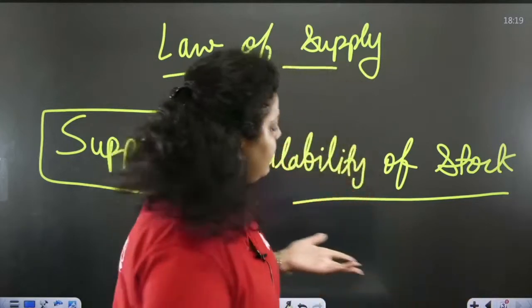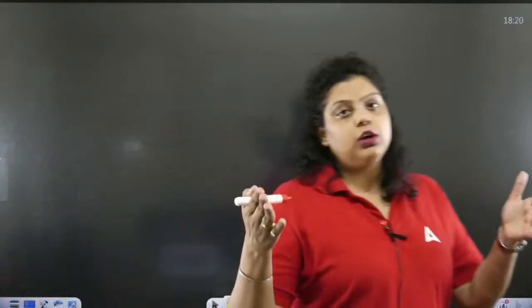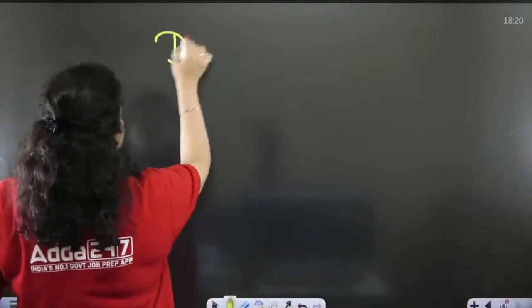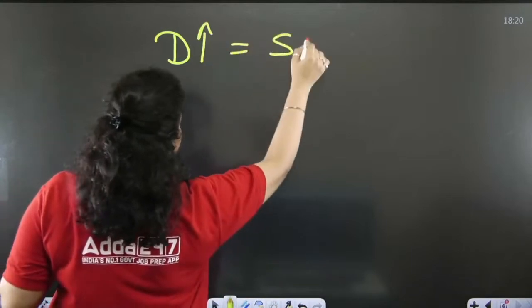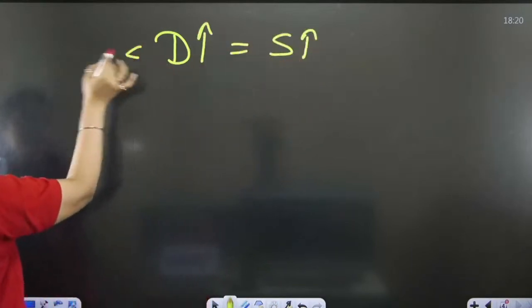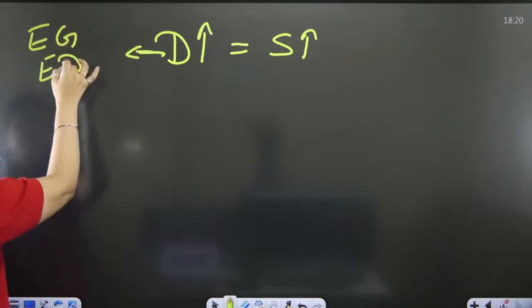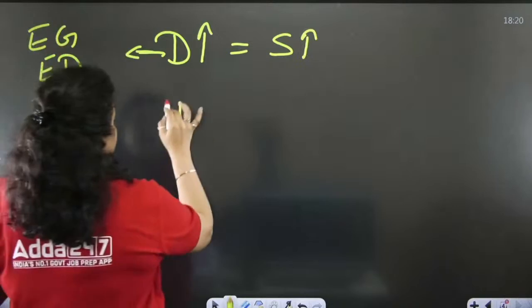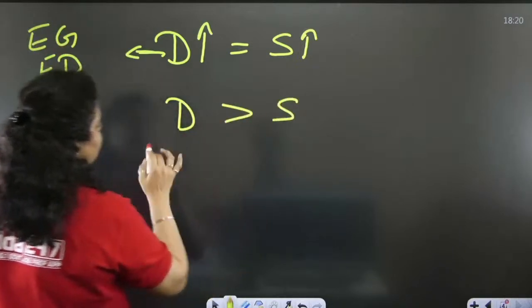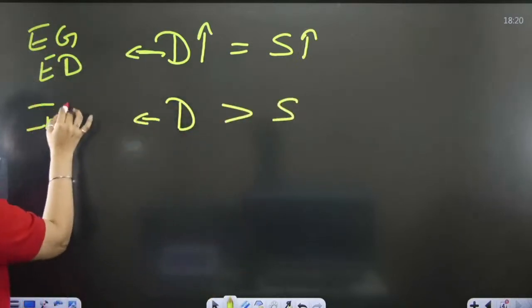So the availability of supply depends on the manufacturer, on the producer, but this capability of the producer or the manufacturer creates different economic conditions. Like I have told you, if demand increases and you increase the supply in the country, that is definitely going to give the country economic growth and economic development. Very obvious. But if demand is more than supply, then it is going to give the country inflation.